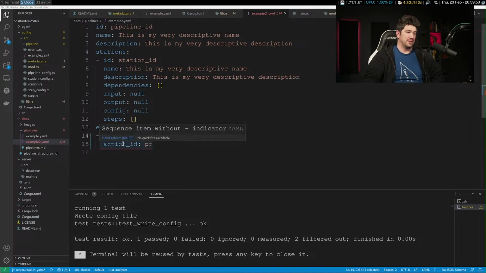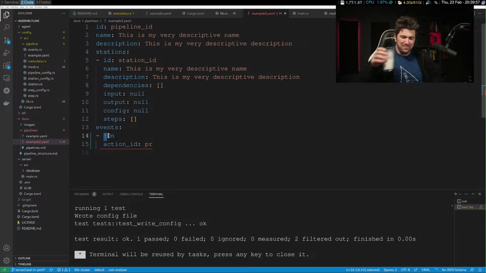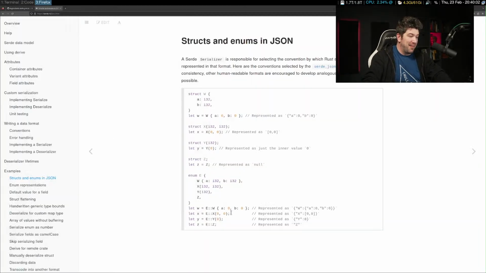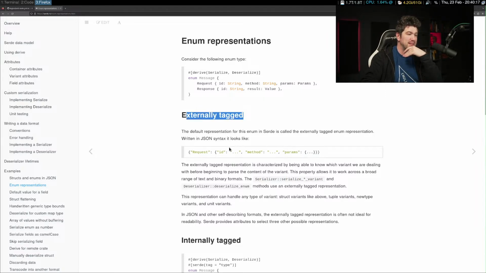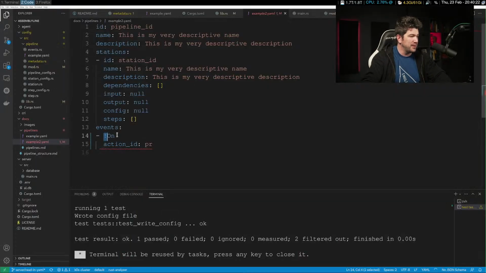First it did this. I don't want that. This was weird. Per the documentation, that's not. I want it like this. So then we were looking at this. This is where I pretty much stopped, and we wanted externally tagged, but that's the default representation. So I'm not sure why it's doing this, unless I'm doing something just heinous.